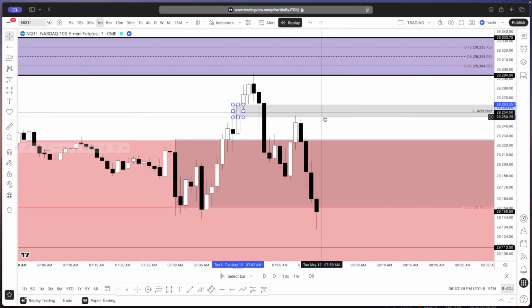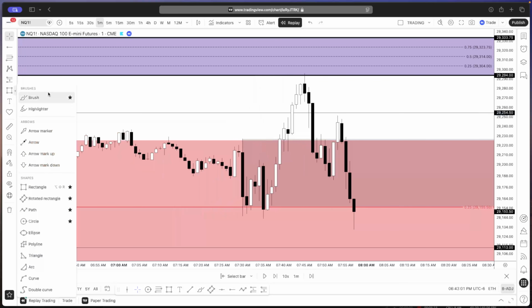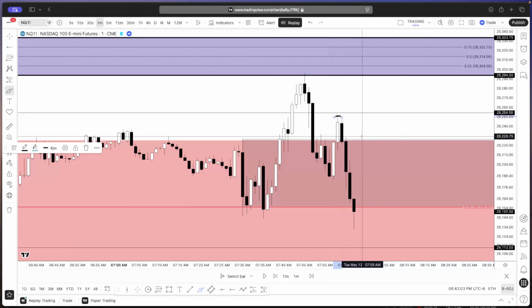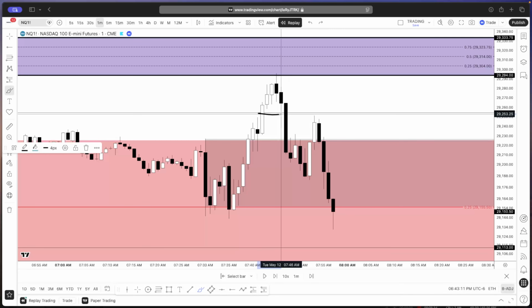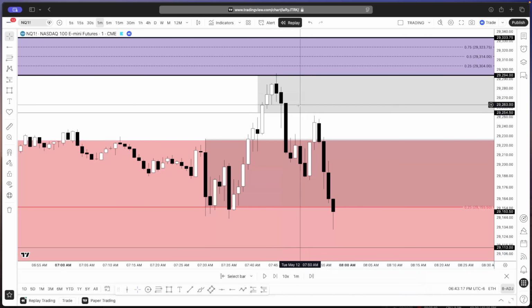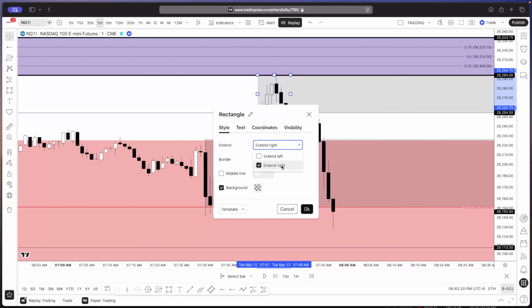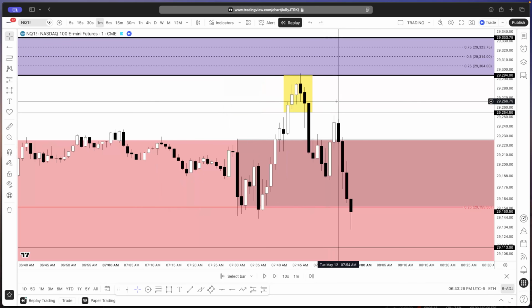Okay. But understand that when it pushes up and it fails to reach 254.50, this is the most aggressive bearish sign that you could possibly get. Why? Because we're assuming that this push up, everything above here, right? This whole push up right here, we're assuming that that is a liquidity sweep, right? So let me make sure this is not extended and turn this yellow here. We're assuming that this whole push is a liquidity sweep.